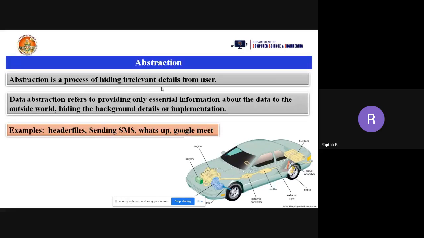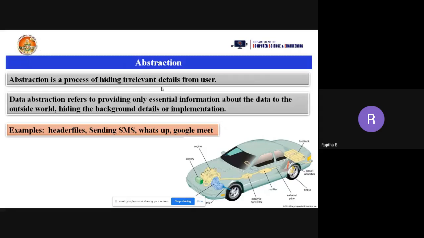Suppose you are taking the header files in your C language. We are including the stdio.h header file, and we are using the math.h header file, and we are using the mlog.h header file. Like that, we are using the header files. Suppose you are taking the math.h header file, I can take the power of a number. I want to take the operation power. I want to calculate the 2 power 3 value. So how to calculate the 2 power 3 value? You need to include the math library math.h. After including math.h, you can easily calculate the 2 power 3 value.